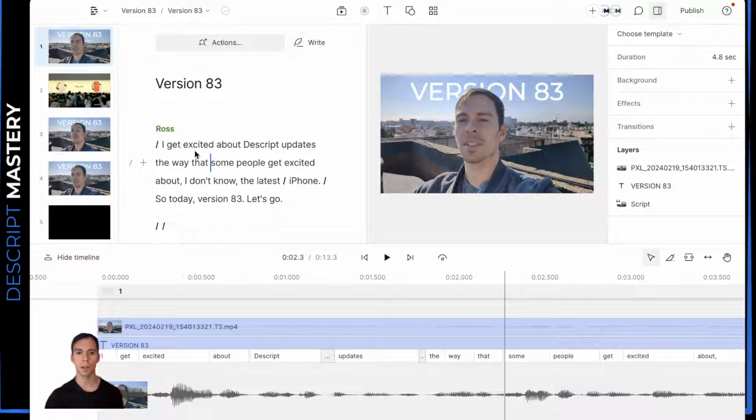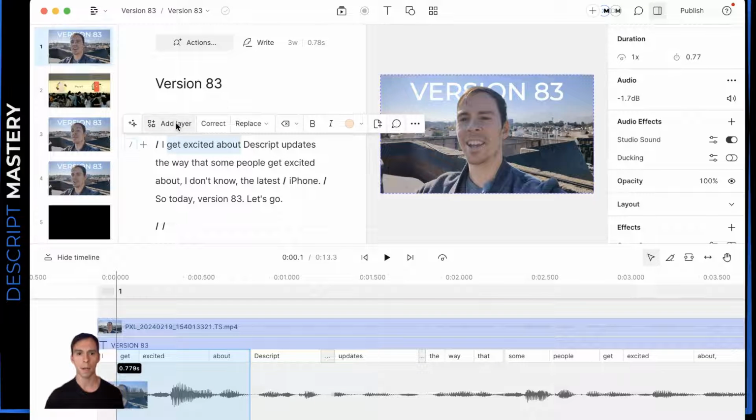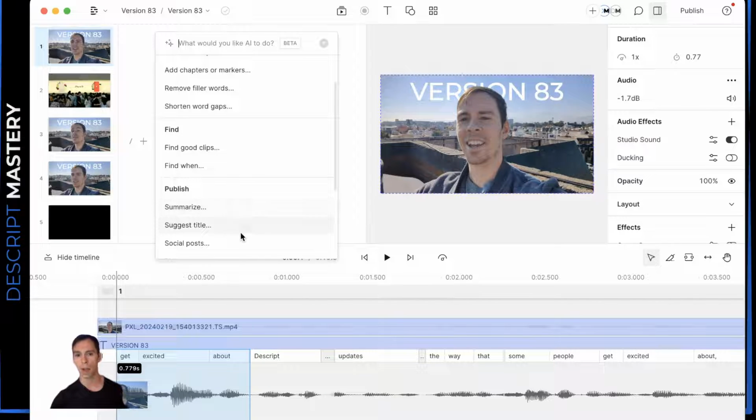A little bit of changes to the UI as well. When you highlight some words in the box that pops up, you now have an add layer button right there. Or it was there before, but it was a plus button on the left. So now there's this thing that says add layer, and then to the left of it is Ask AI. So you get your Ask AI options right there, which leads into the next update, which is that the AI